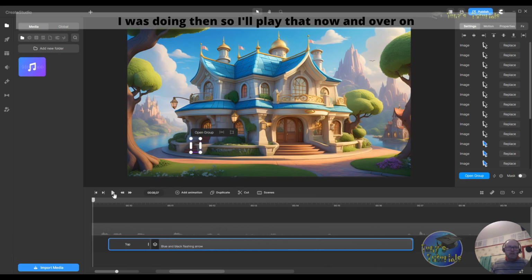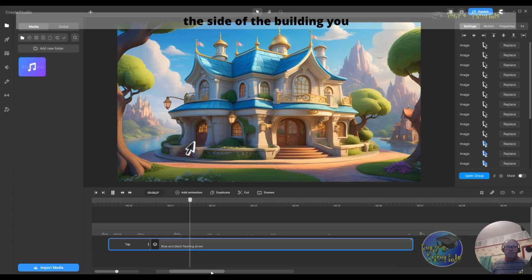And over on the side of the building you will see the side entrance, which will be